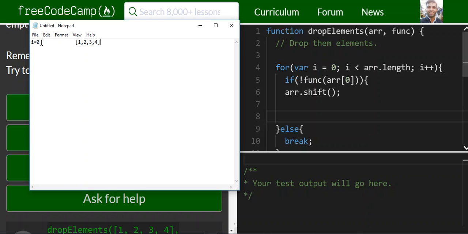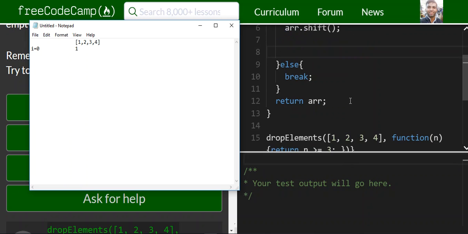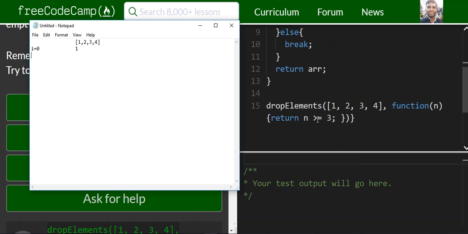Okay, on index 0, since 1 is on index 0, and 1 is not greater or equal to 3, then we're going to be removing 1 from the array. Now on the second iteration,